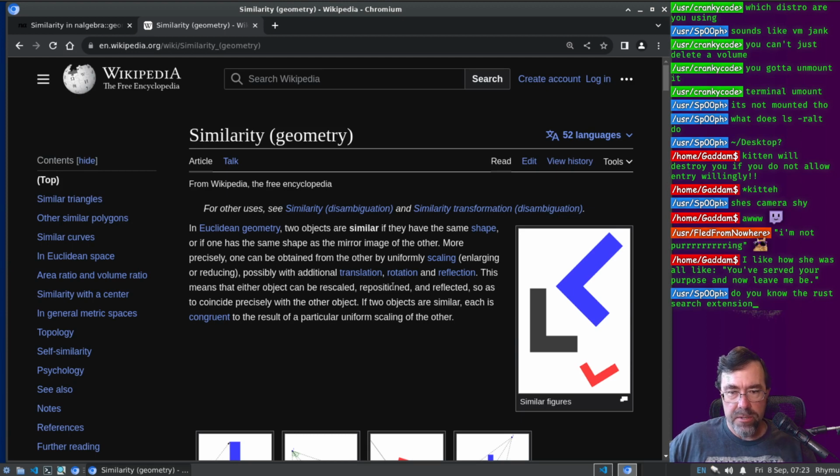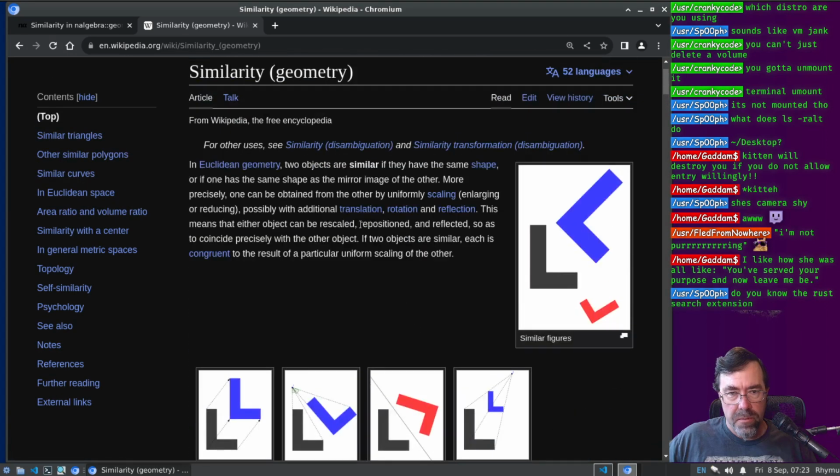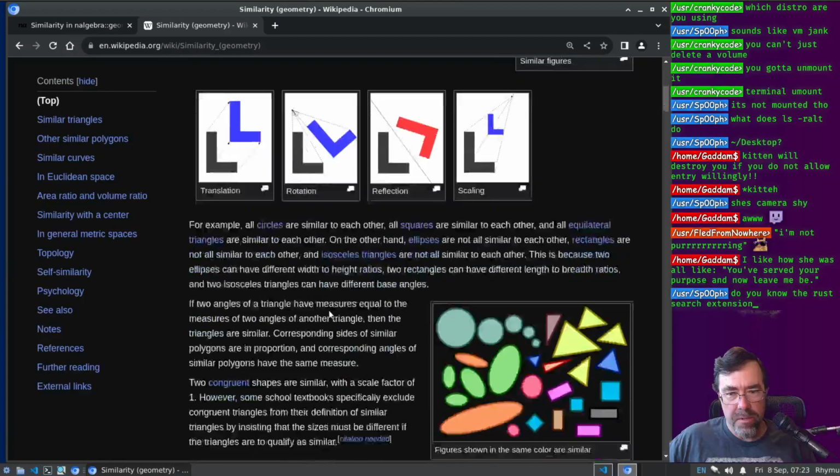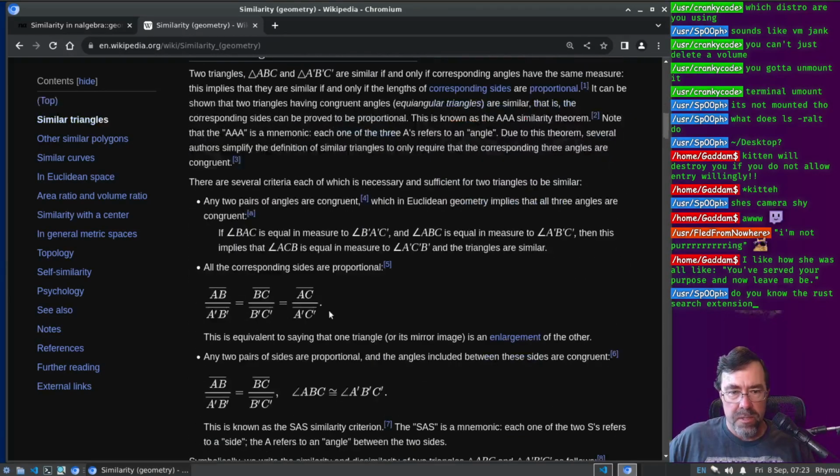So if they have the same translation, rotation, and scaling or whatever, then that is the similarity of two objects? Okay, well that's sort of a weird way to use that term, isn't it? Sort of get it, but